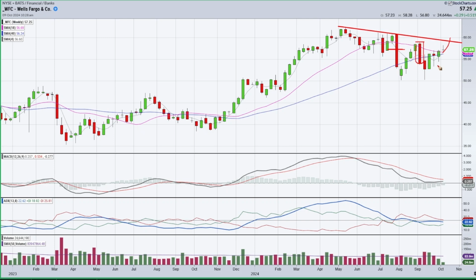So you want to keep these things in mind when you're looking at your triggers. Don't just look at the trend line and say, oh, if it breaks the trend line, I want to be in. You got to go back and look at the price action. And we want to make sure we're getting through at least the midpoint of these big red bars. And in this case, I'd like to see us take out the high of this bar,